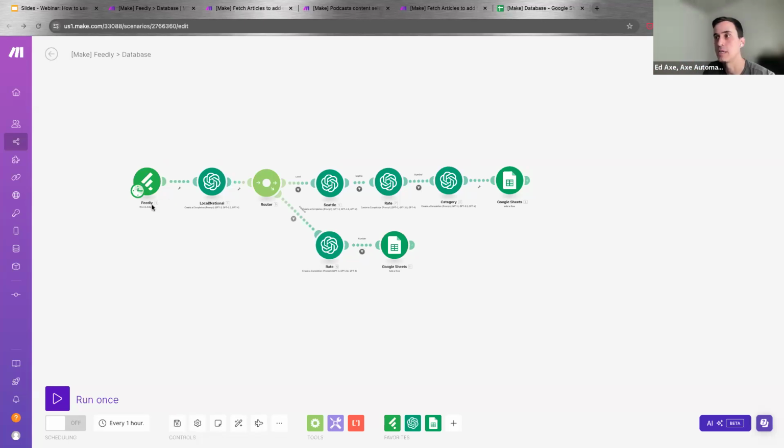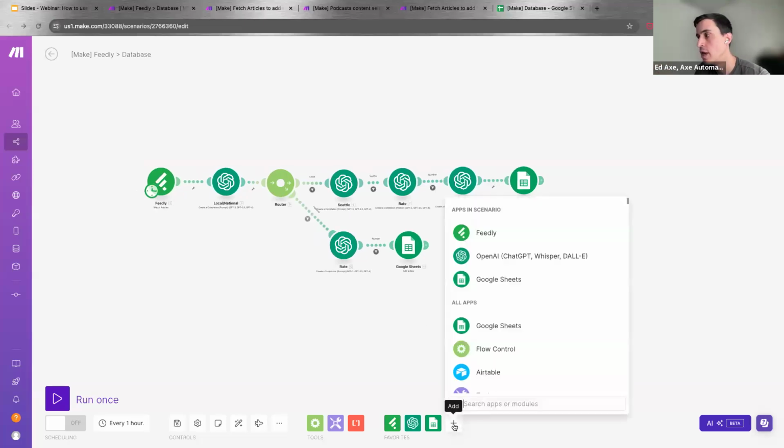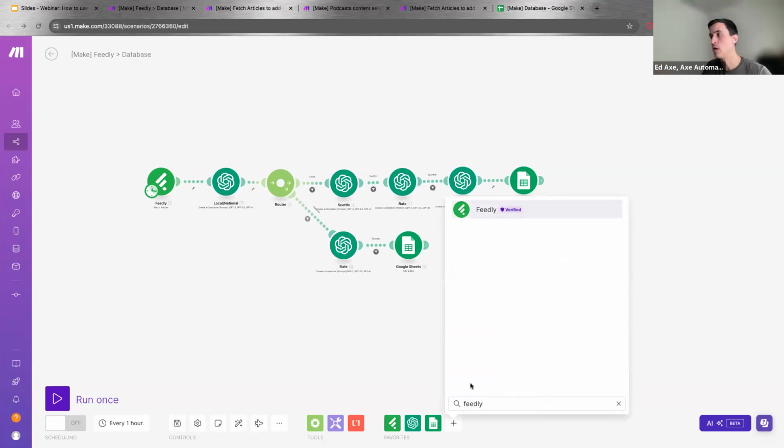But it's also very simple, because all you have to do is first create the first bubble, so the first module, as the trigger point of this scenario. So you're going to search for the app that you want to connect to the scenario.